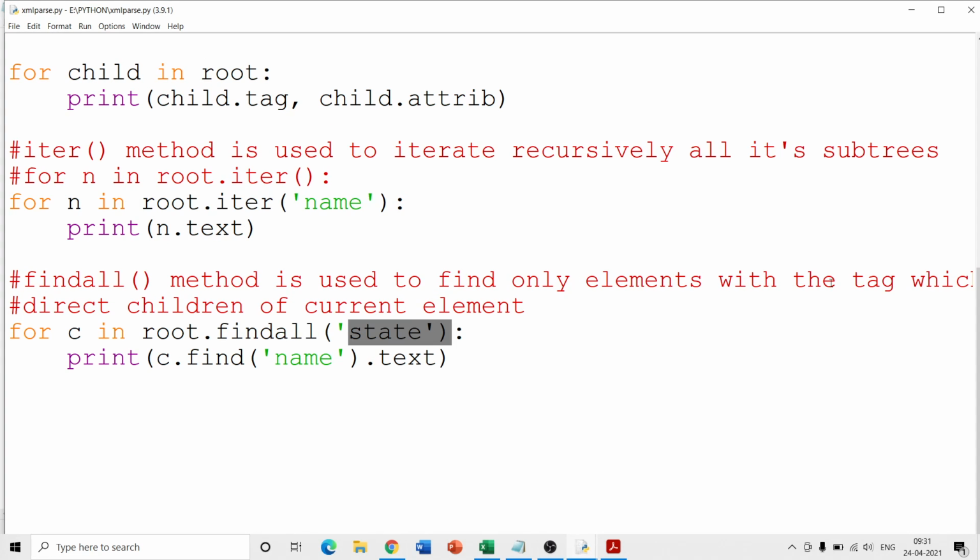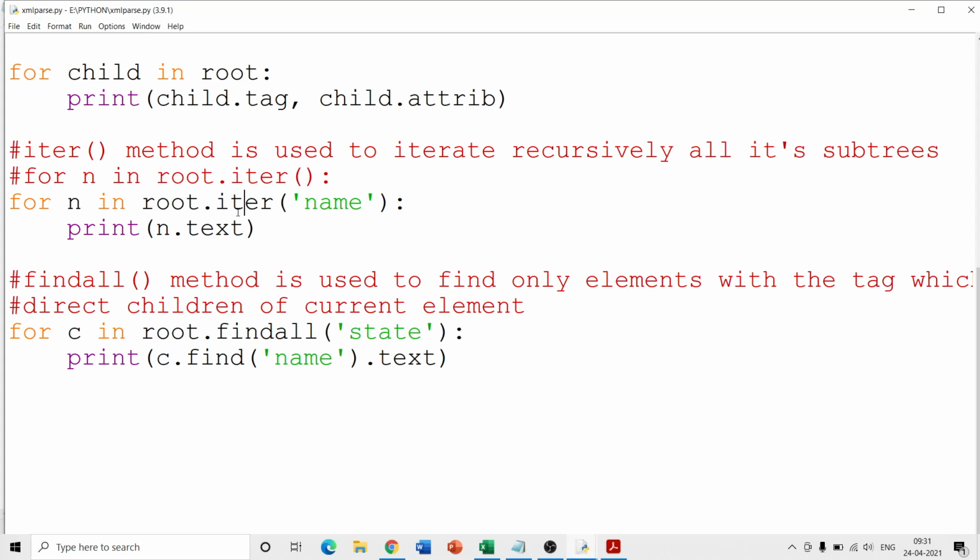It is used to find all elements with the tag which are direct children of the current element. That means the direct children of state are name and capital. So you can use find all, you can use iter, you can do a number of different things.